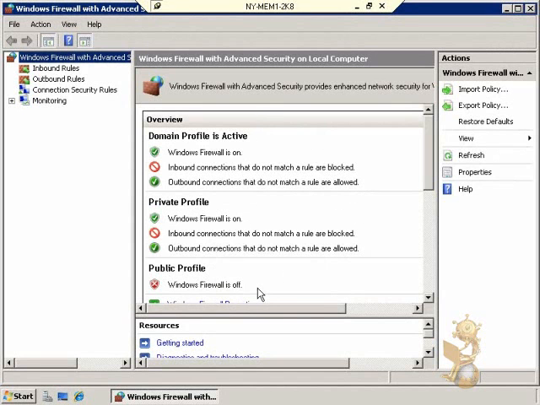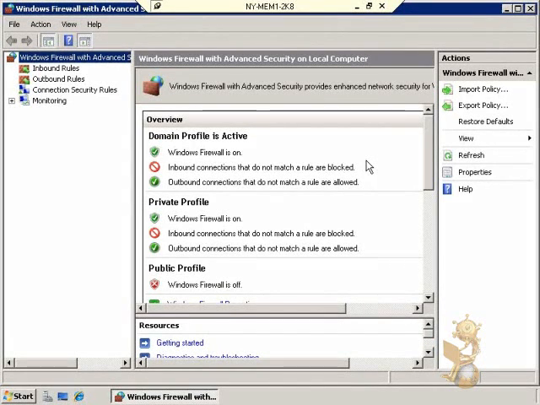And the funny thing is, if anything, that is exactly opposite of what I would recommend if you were only going to turn one profile on. I mean, if I had to pick one profile for which we're going to enable Windows Firewall, it would be the public profile. Okay, because basically, just to sum up what these different profiles are, the domain profile is